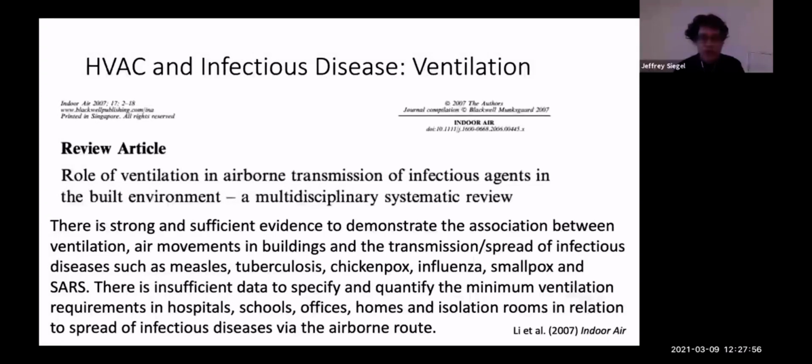The first is that there is sufficient evidence to demonstrate the association between ventilation and disease transmission for a variety of diseases. However,